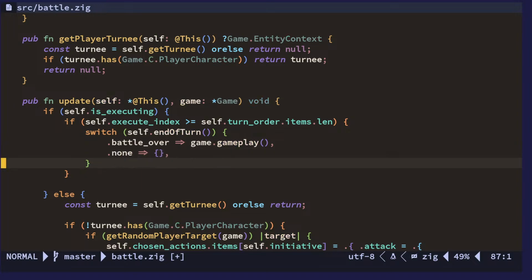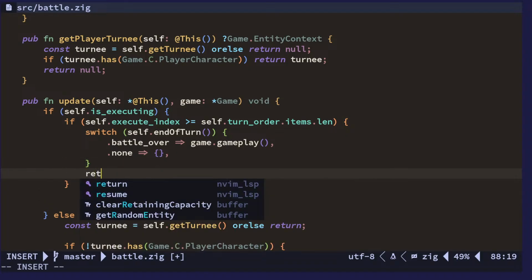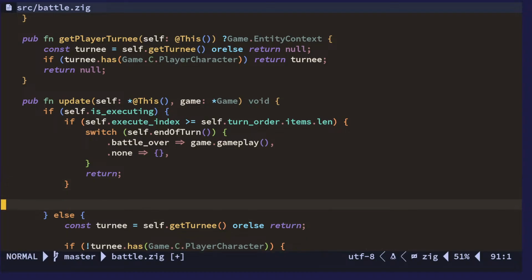I guess we'll have a none there. Okay. So that's when it's over. Yeah, and then next it's gonna reset the whole thing. Otherwise we will, and then we can return. Otherwise we will do the actual